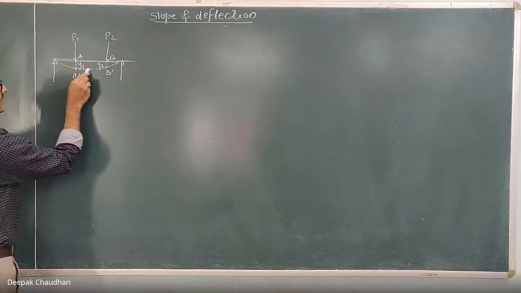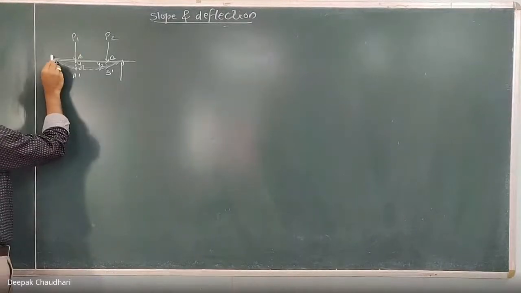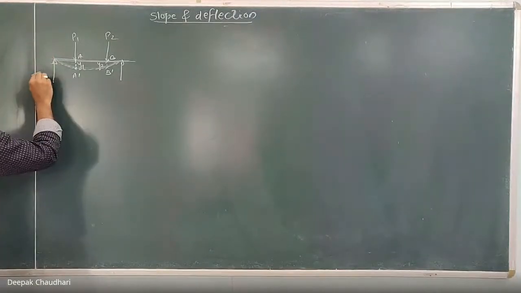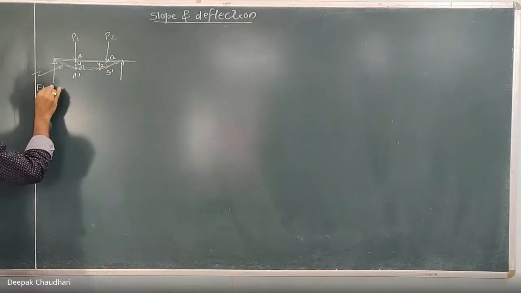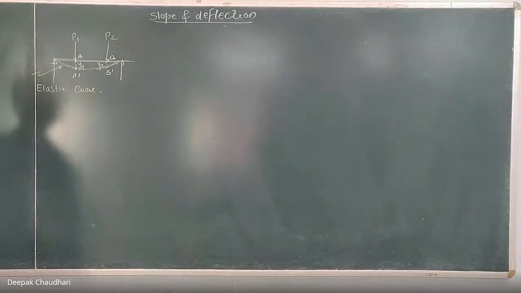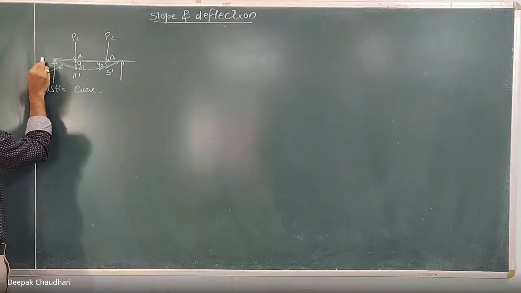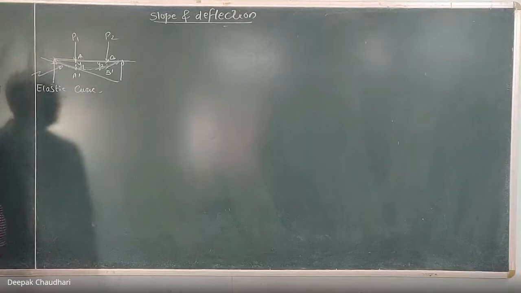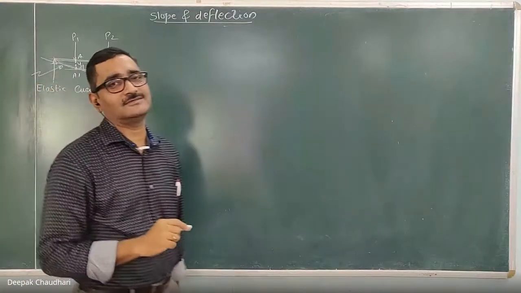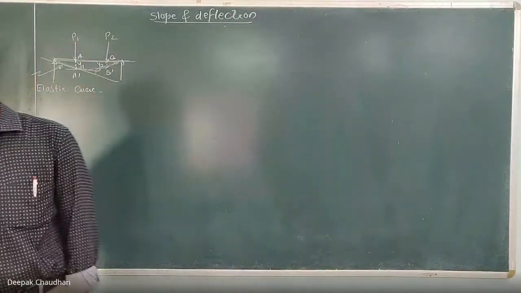And this curve is actually the neutral layer. After bending, the curve obtained by that beam is known as the elastic curve. Now, for this elastic curve at point A, if I draw the tangent to this curve, the angle made by that tangent with the horizontal gives you the slope of that curve. So we have to calculate the slope and deflection at different points of the beam.